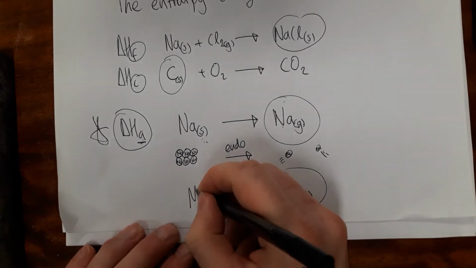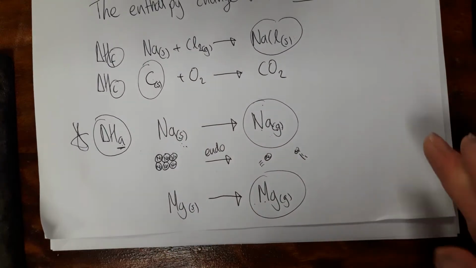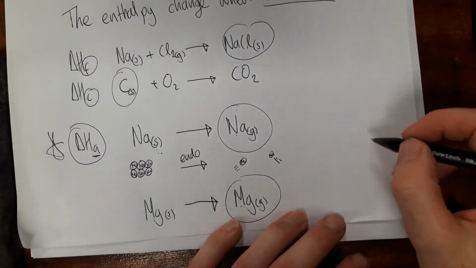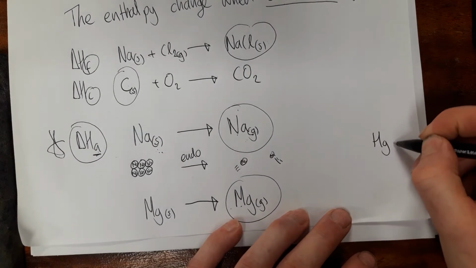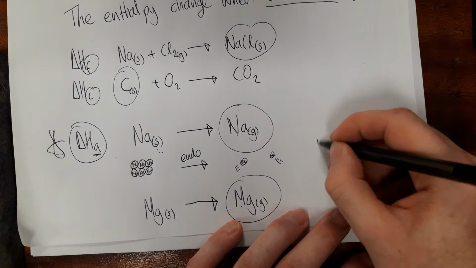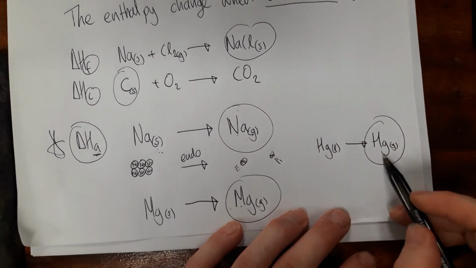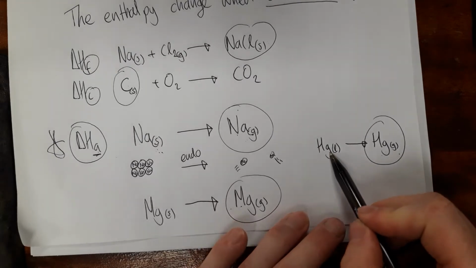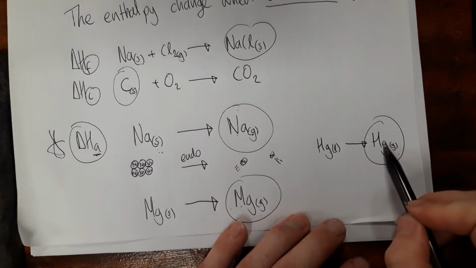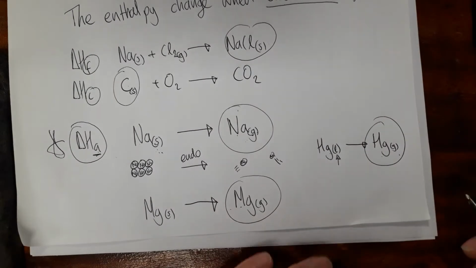You think magnesium in its standard state, magnesium, solid. So it's that simple with metals. Here's another one, mercury, Hg. Now Hg is gaseous, but mercury in its standard state is Hg liquid. So 1 mole of gaseous atoms produced from mercury liquid in this case, but that still represents the atomization of mercury. Alright, just got to watch out for that state symbol,